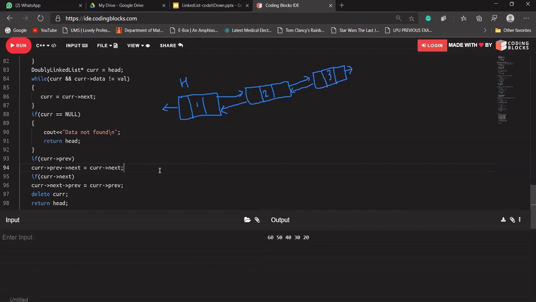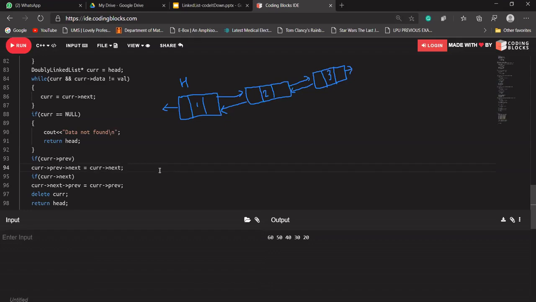Whenever we write insertion, deletion, or any code in programming, we always need to check it for its boundary cases. We've already seen in the previous sessions also, we try to run our code for boundary cases as well. So when there is one data, when there is no data, when it is the front node, when it is the last node, that function should be run in all the cases.